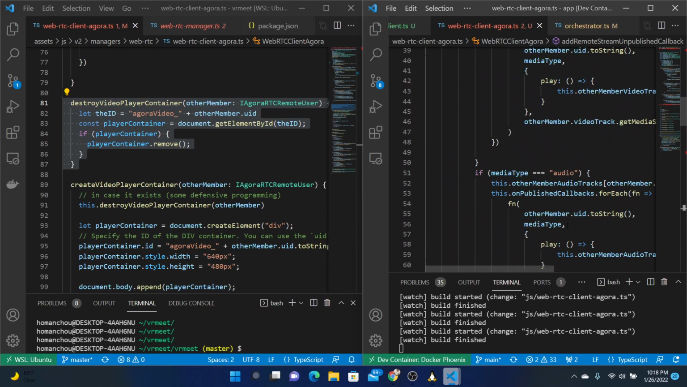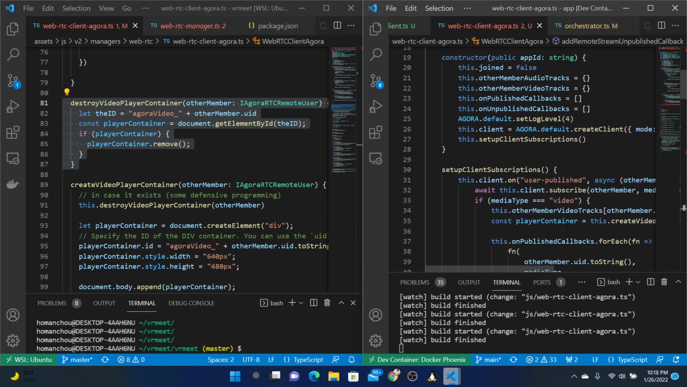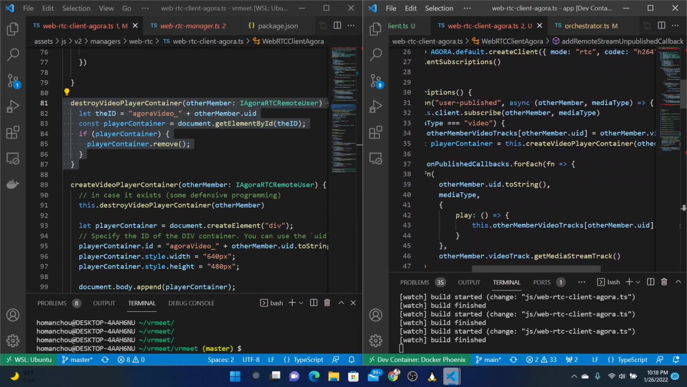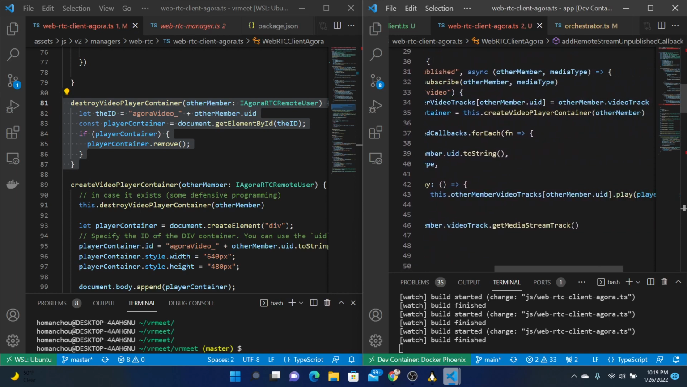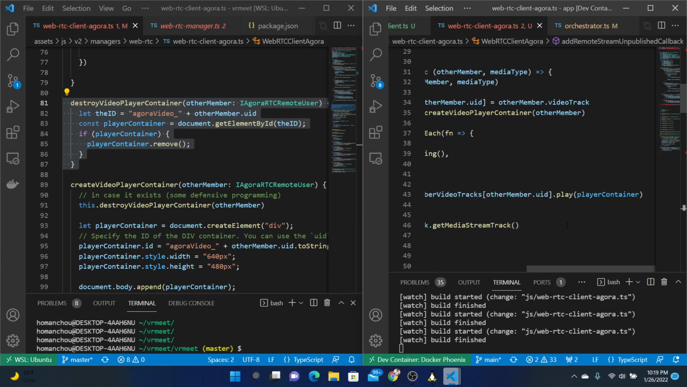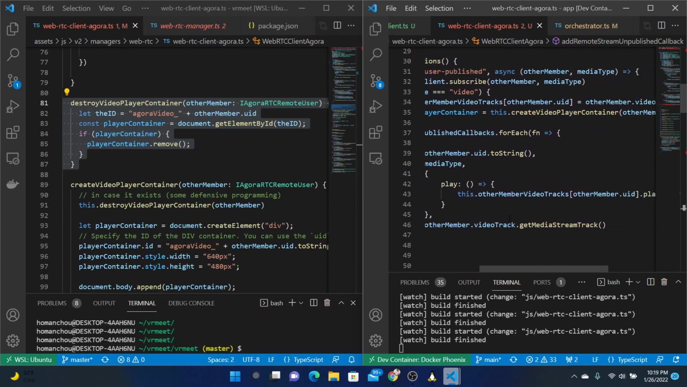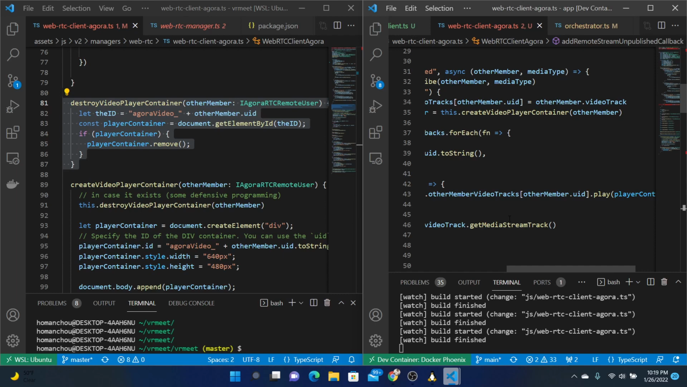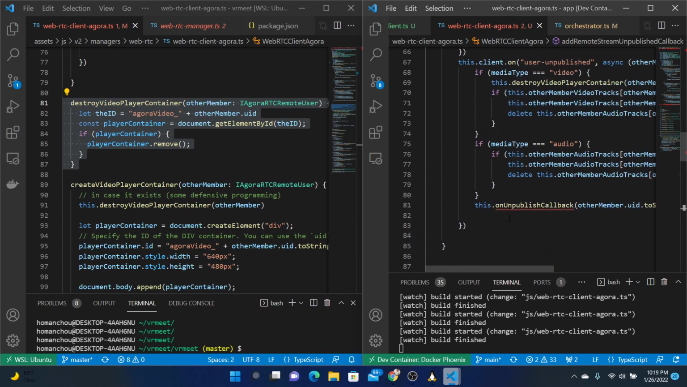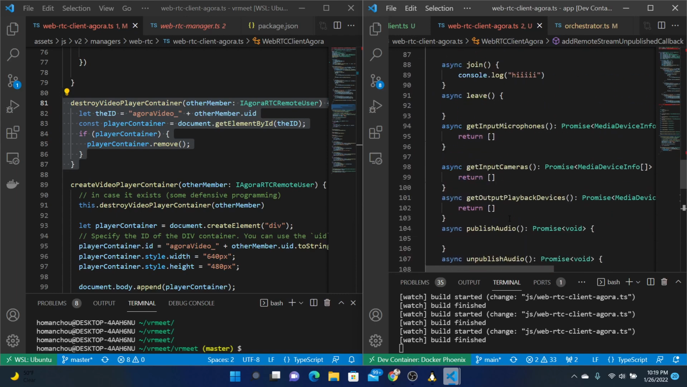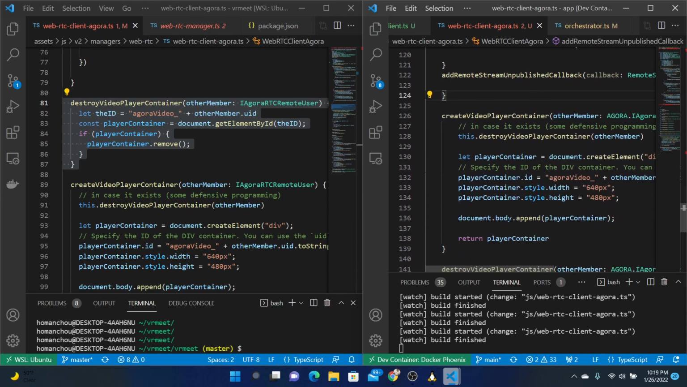So when somebody else publishes video, we create a video container and hand back a play method, which will play on our video container. And what are we putting into that other member video track? Other member video track, the video track. But when you call play, it has some place to play because we have